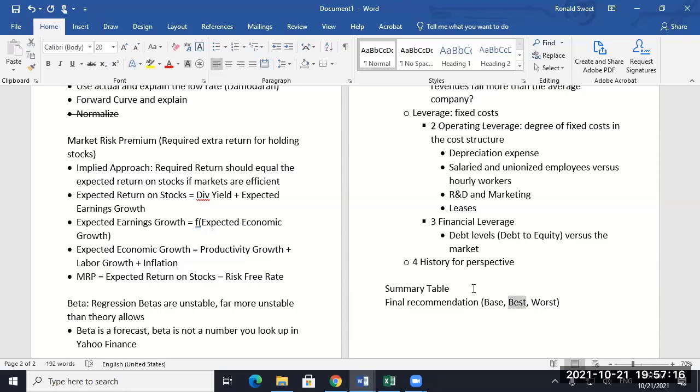What's higher, best or worst for a beta? Worst. Your worst is going to be the highest, your best is going to be the lowest, because you're talking about discount rate. So the best case is going to be the highest stock price, so it's going to be the lowest beta. Be careful in your best case, all right? Always remember this. KE must be greater than your long-term growth. So be careful you don't get a beta so low that your discount rate is going to be 3% and your long-term growth is going to be 4%. That's not going to work, all right? So be careful on that.